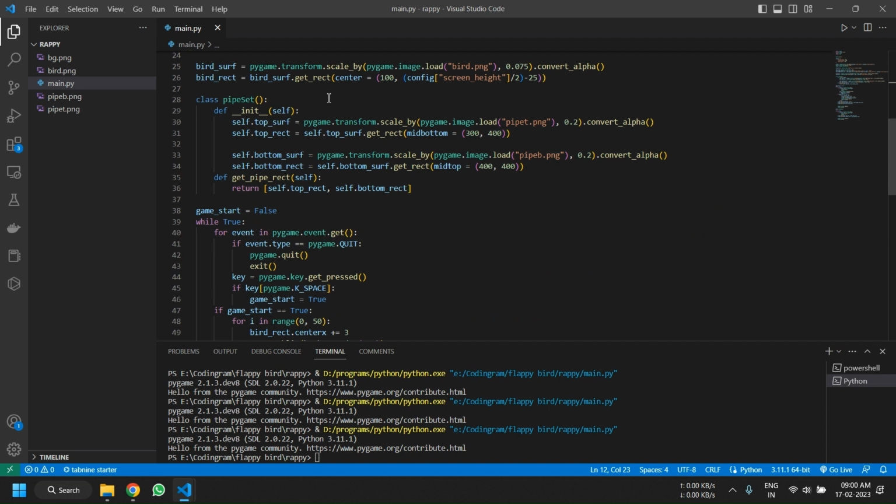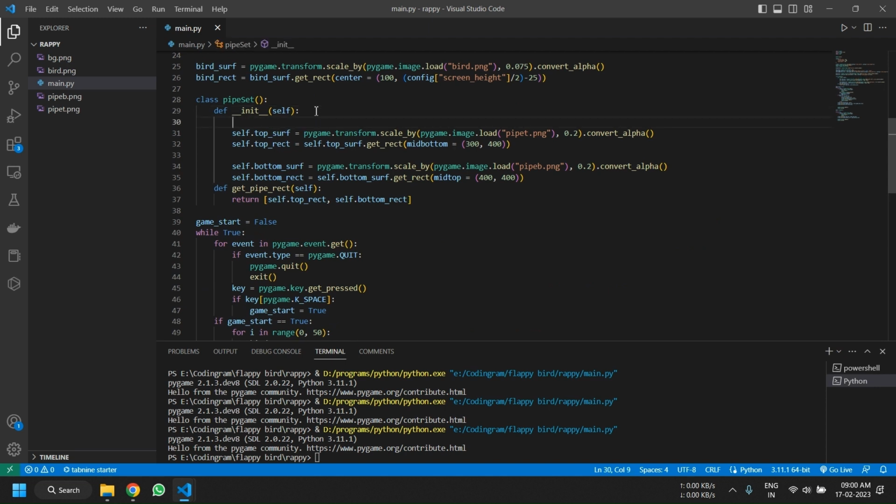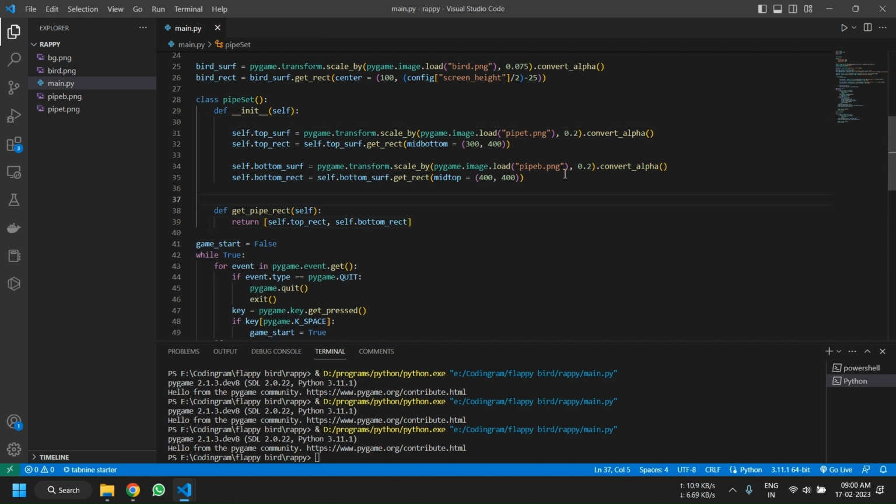Now to randomly generate the positions of the pipe on the vertical axis, we will create a random function for it. Now for that, we would be getting two different coordinates, one for the top pipe and one for the bottom pipe. So we define a function called get rand coordinate for the top pipe,